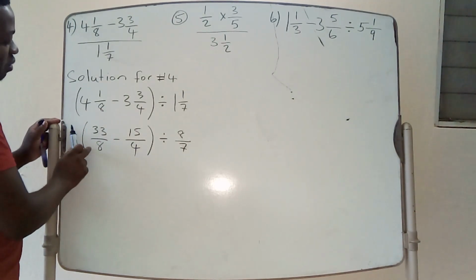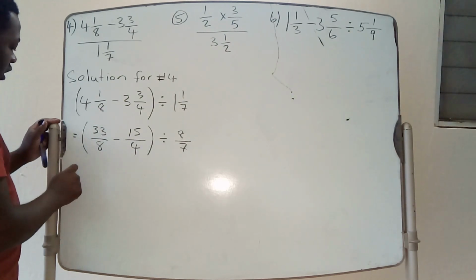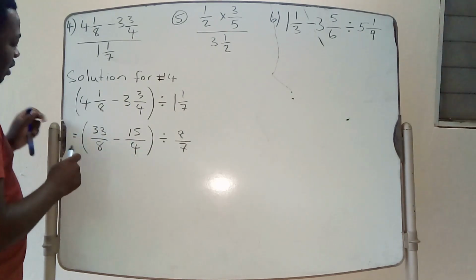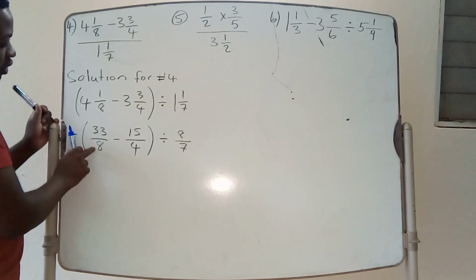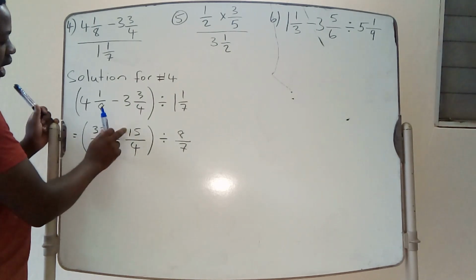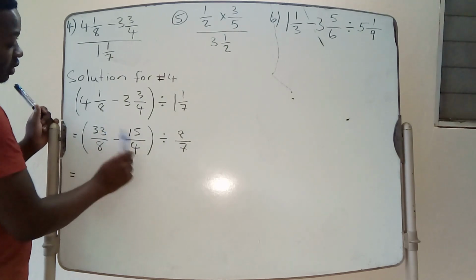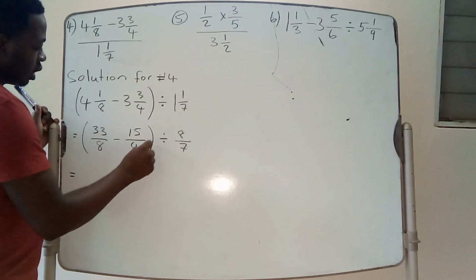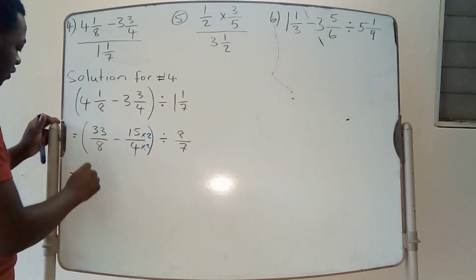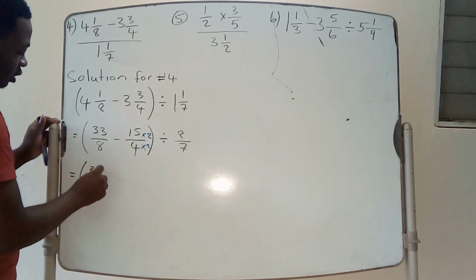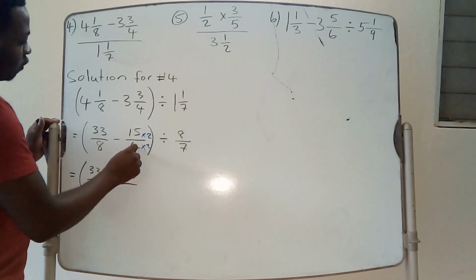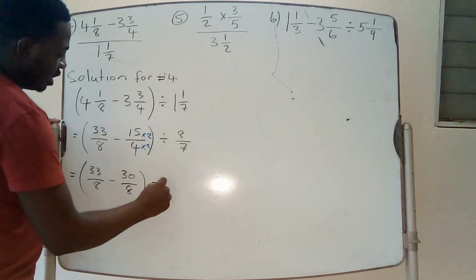So at this stage, I'm going to simplify what's inside of the bracket. Note here that for me to simplify what's inside of the bracket, both denominators have to be the same. Now I have 8 here, and I want this denominator to be 8. So which number can I multiply both denominator and numerator by so that I get 8 here? I can multiply 4 by 2, and I can multiply this numerator by 2 as well. So now what I'm going to have here is 33/8 minus 15 times 2, that's going to be 30, over 4 times 2, that's going to be 8, divided by